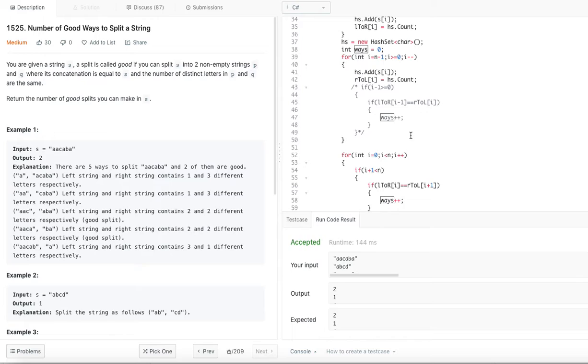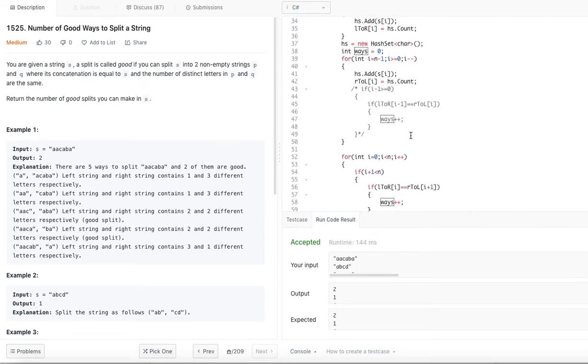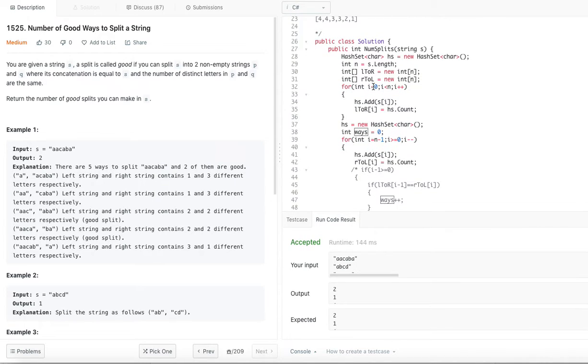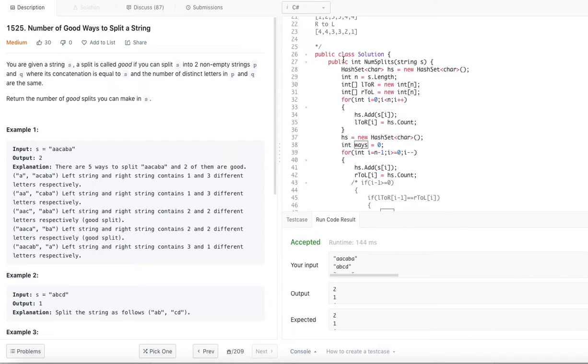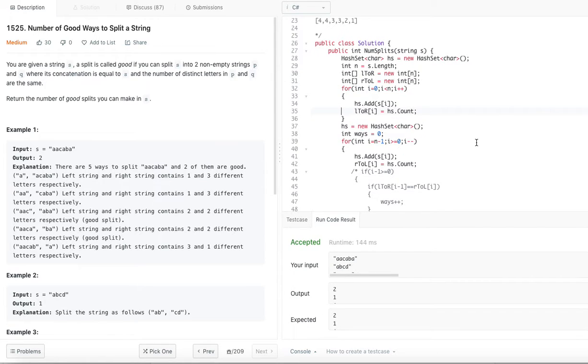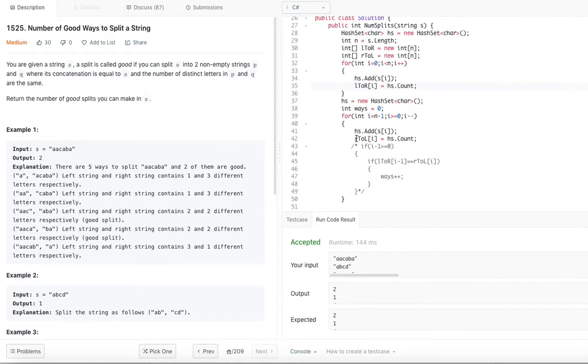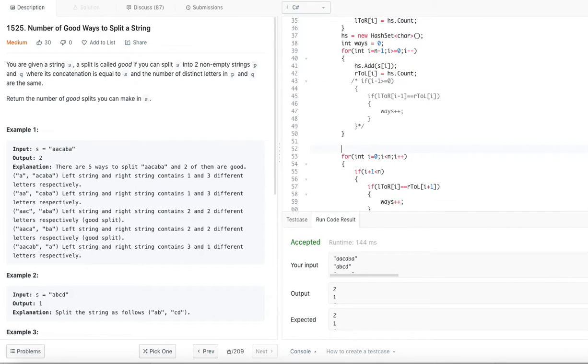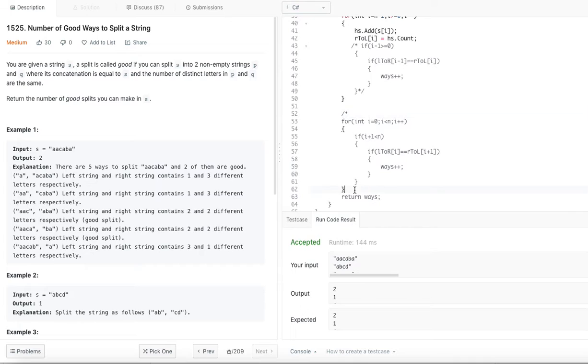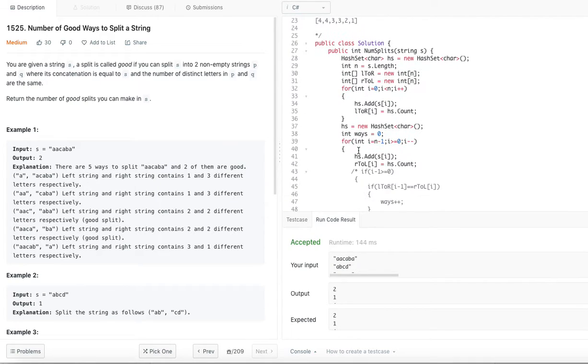So there are a couple of optimizations that are possible here. We actually don't need two arrays. We just need only one array L to R, and while we go through the right to left, we can just get this count and try comparing that with this, right? So we could simply comment this out for now, and what we can see is we don't even need this.